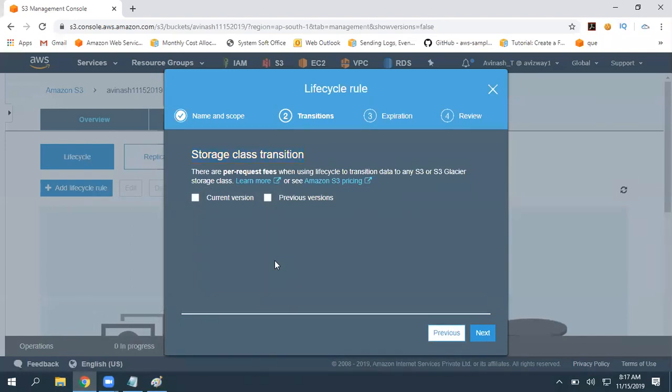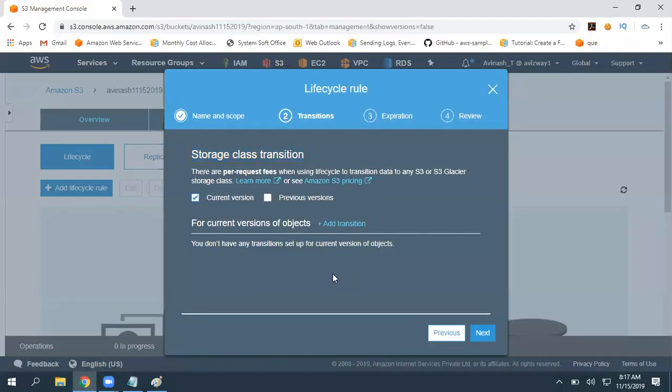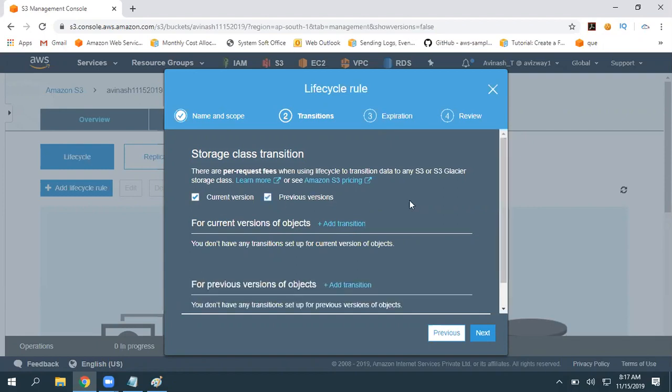For example, if for current versions only I want to apply transitions, and for previous versions I don't want to maintain any storage class transitions but want to delete them automatically, then you don't need to select that option here. Under expiration, you can configure that. So I'm going to select current versions as well as previous versions.